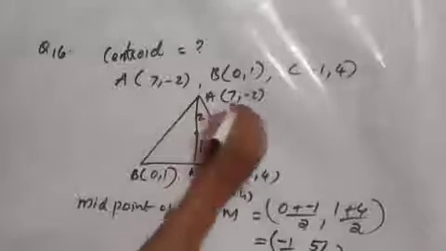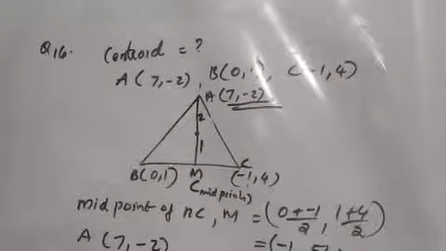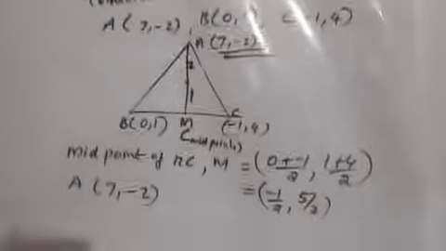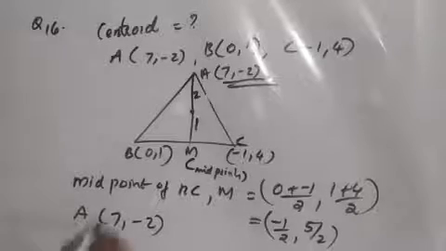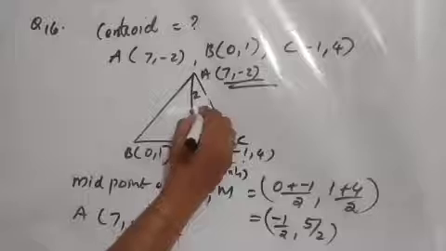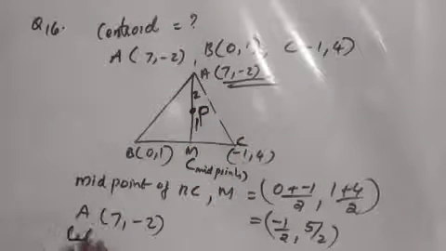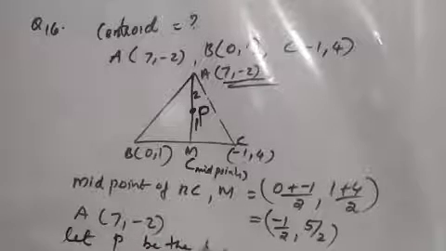And A is (7, minus 2). And this AM is the median, no? AM is the median. So, let the centroid be P. Let P be the centroid,